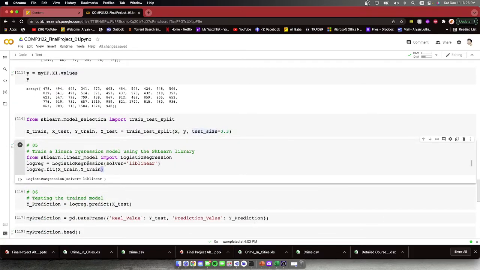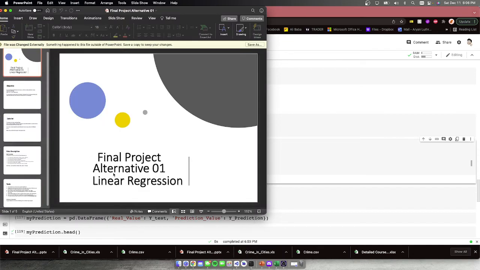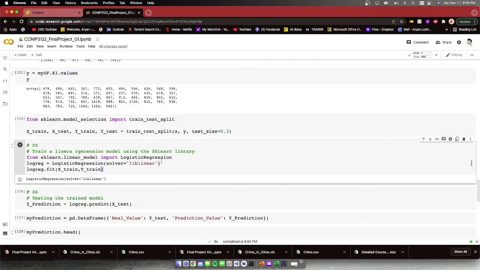So now we are using this library, sklearn.linear_model. This is linear regression, as we have learned. So we have to do this. It's linear regression. So now we're importing logistic regression. So logreg is equal to, now we are using this value, putting this in this logreg, and then LogisticRegression